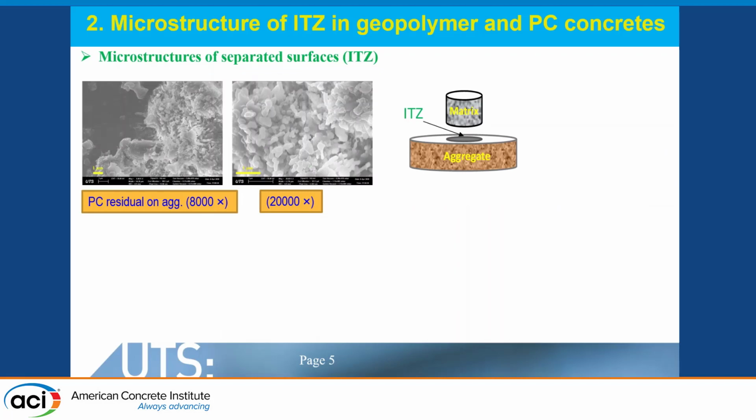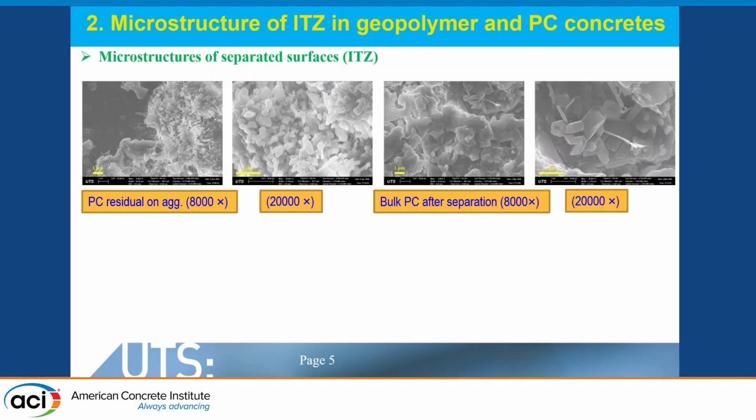Then we opened that also for the Portland cement paste. You can see the pictures of the residues on the aggregate surface. You see lots of crystals there. Some of that is calcium hydroxide, some of that is ettringite. On the other hand, we separate both: one is on the aggregate, and another surface is on the cement matrix. This is on the right hand. You can see lots of bigger